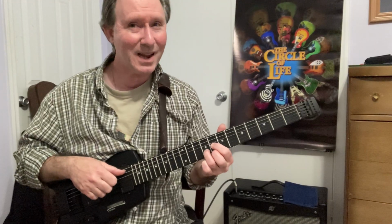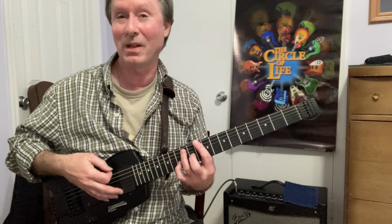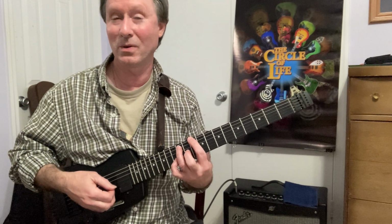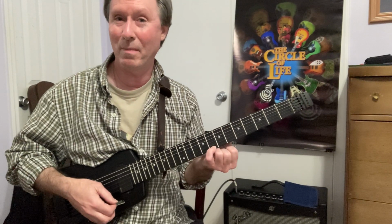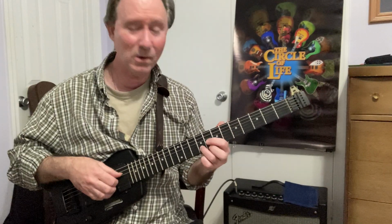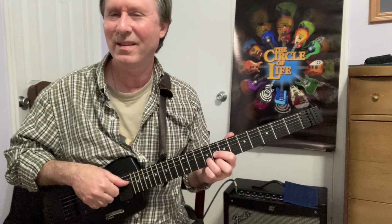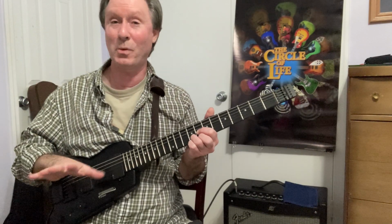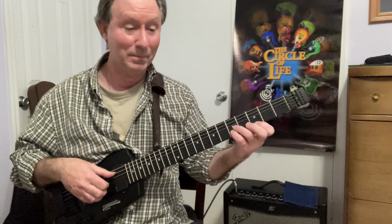Now that's not a regular D7 with the C on top. A lot of you might just play, right? Maybe a bar chord like that. Or grab it here with a D7 bar chord underneath. He goes, and that's an A flat triad with a D in the bass. A super cool substitution for a D7. So far we've got,